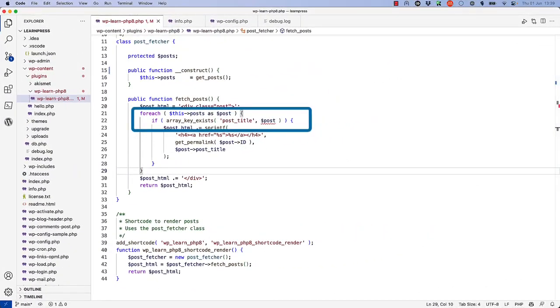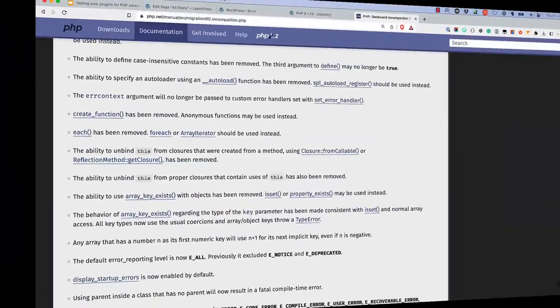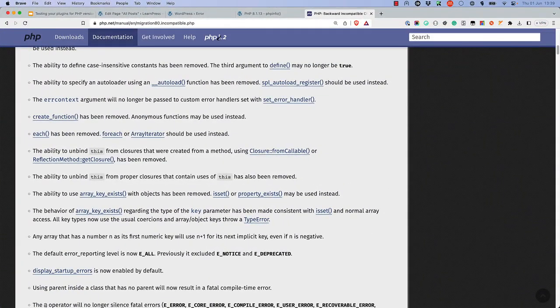If you look at that line in the plugin, you'll see that it's trying to use the array_key_exists function on the post variable inside the foreach loop. But the variable is an object, not an array. If you look at the backward incompatible changes section of the migration guide and search for array_key_exists, you'll